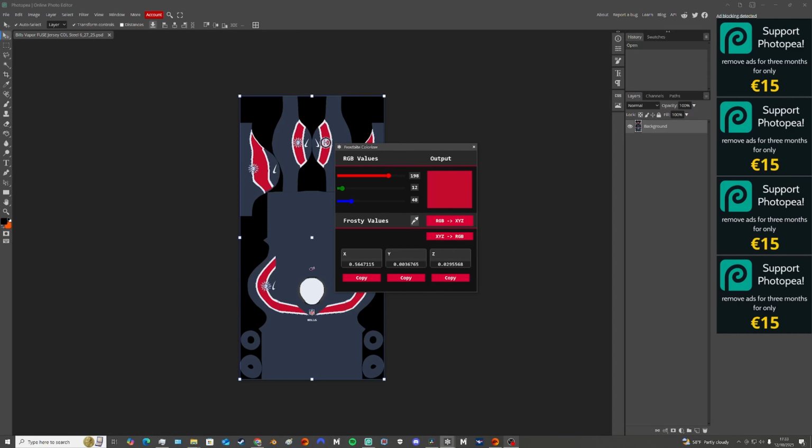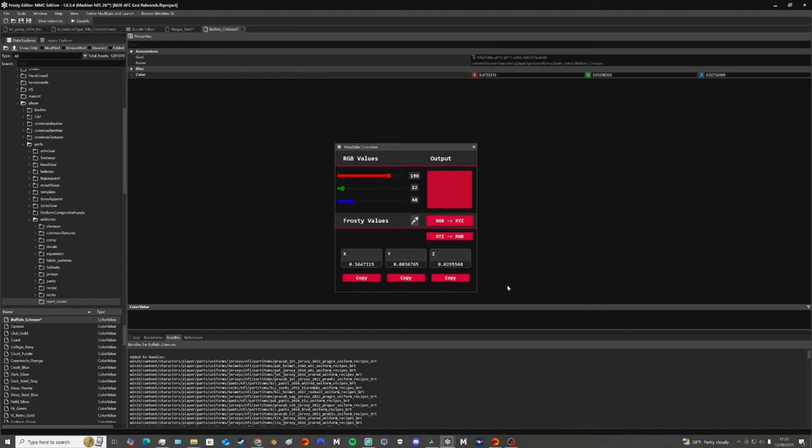And obviously, you do not have to do this. You can use the colors that are already in the jersey set. You can use colors from a different team if you want. This is just for the results that I'm looking for. This is what I'm going to do, and if you're following along, this will just help make things a little bit more streamlined. So do that. All right, so now this Buffalo Crimson, it'll look like this, and again, we need to add